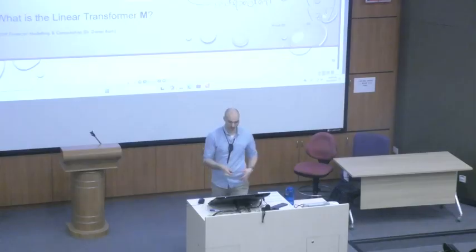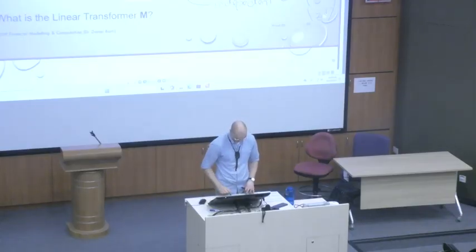Is that correct? No, I'm confused. Okay, maybe let's keep that as an exercise. It's not difficult. Okay, but that's how you generate d-dimensional random vectors